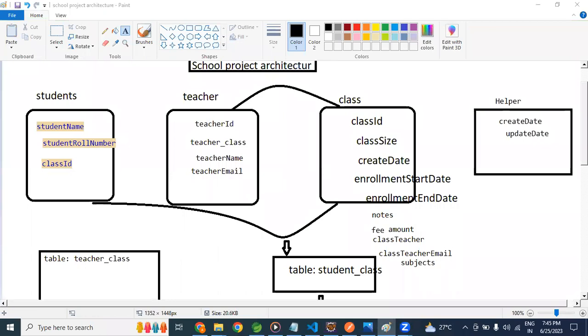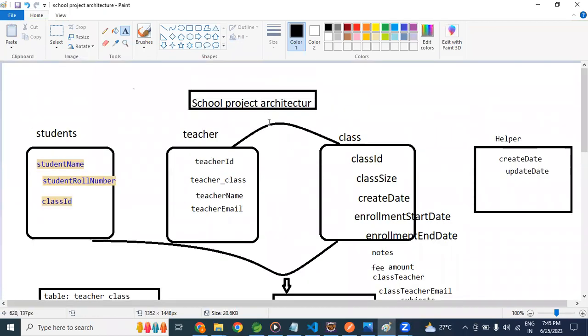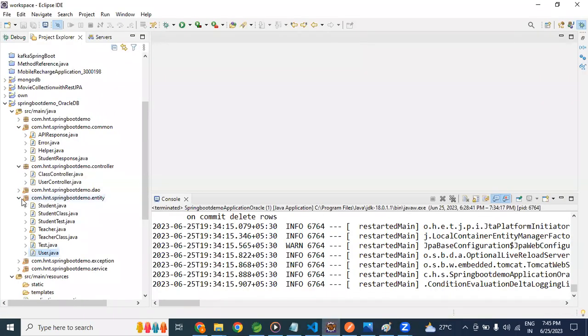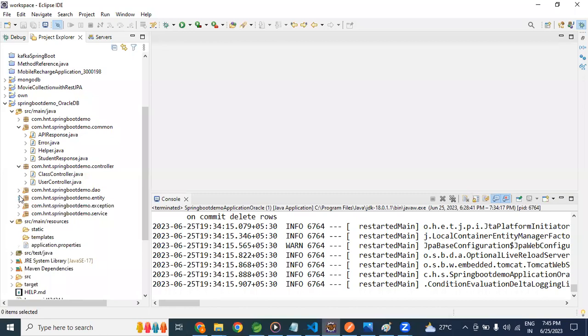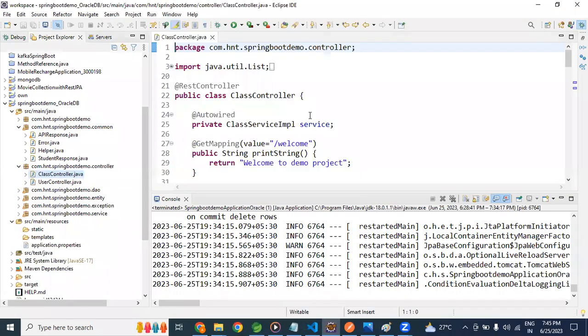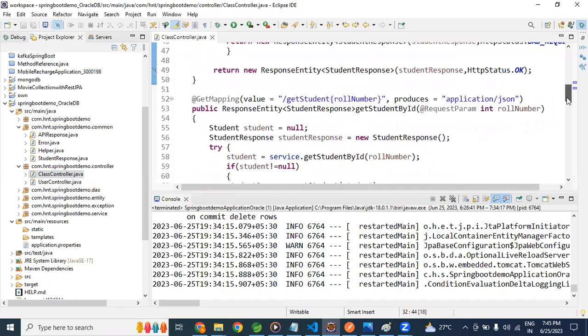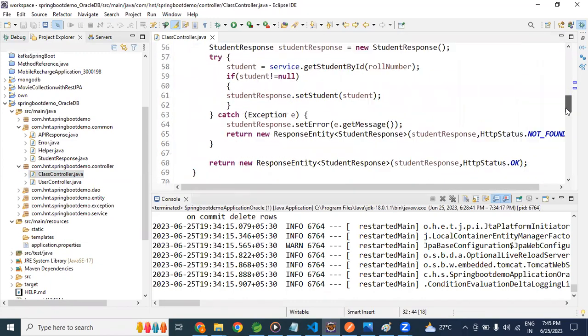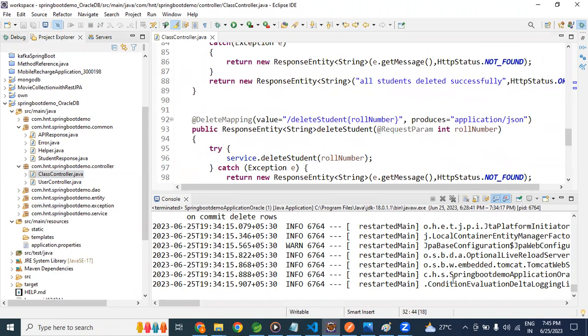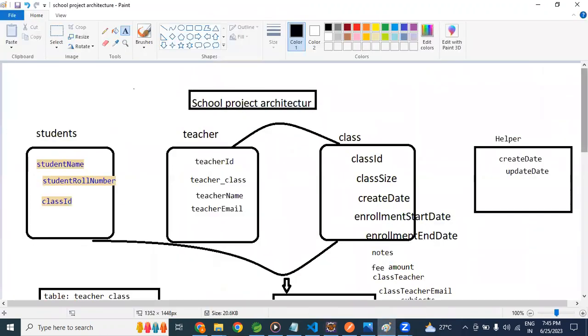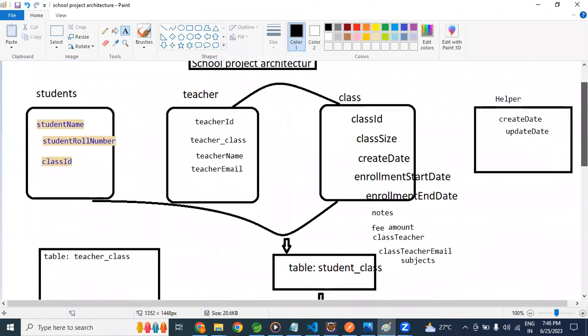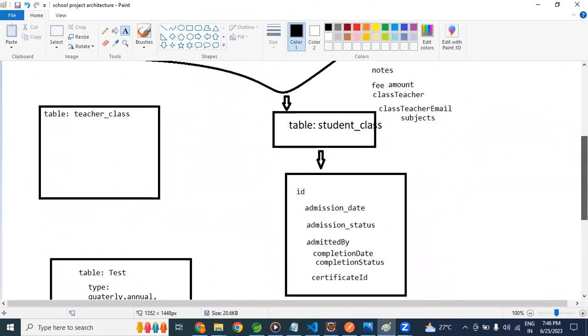Okay, so I have created this one basic diagram for the school project. For now, in our project, we have the controller related to the student, basically getting the class details. Currently in our controller we have the endpoints related to admission of the student, how many students are there in our class, adding the student to the class, and updating the class details. But to explain that in a broader way, considering teachers, students, class notes, fee payment, then